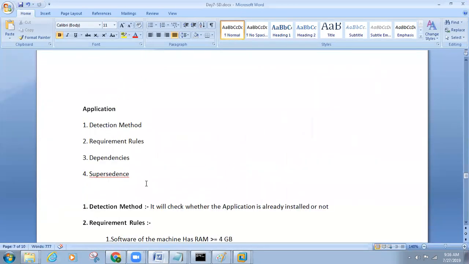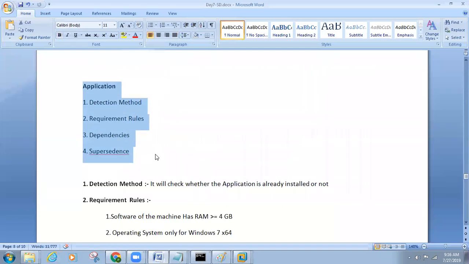If you compare to applications, these are the advantages of applications: detection method, requirement rules, dependencies and supersedence. We'll discuss them in detail in tomorrow's class, because we'll create some applications and packages, and then you will get more understanding. Is it clear what I'm saying to you? Yep. So these are the four